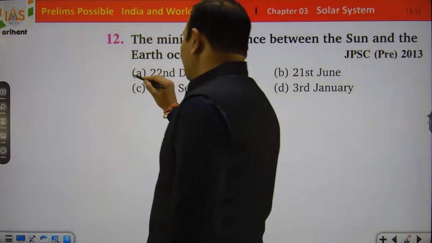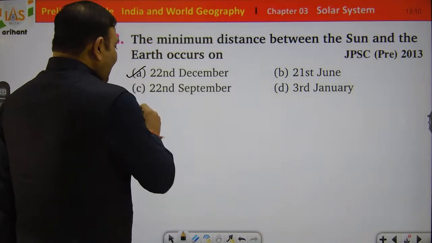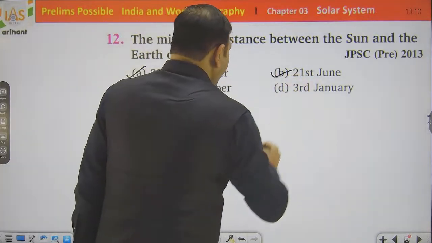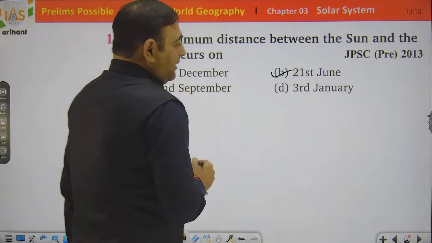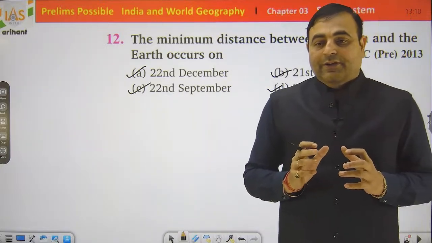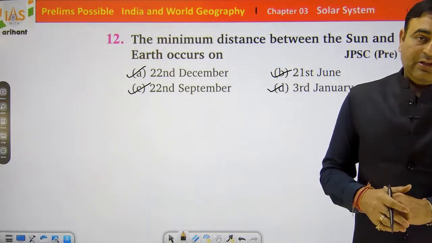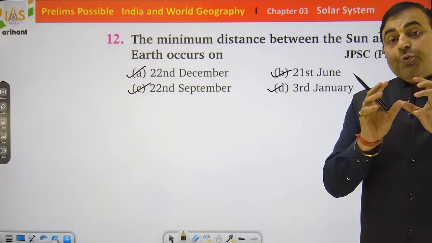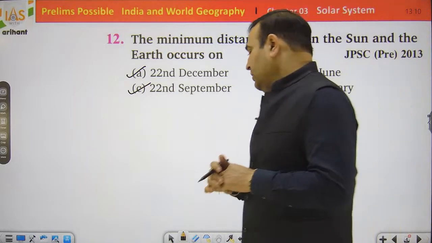Is it 22nd December, 21st of June, 22nd of September or 3rd of January? Actually, for seeing this question, the minimum distance and the maximum distance, what we have to see? We have to see 2 points. We all know that